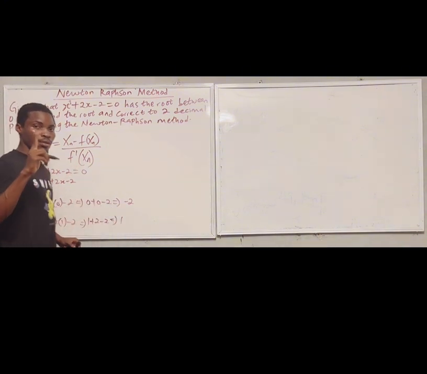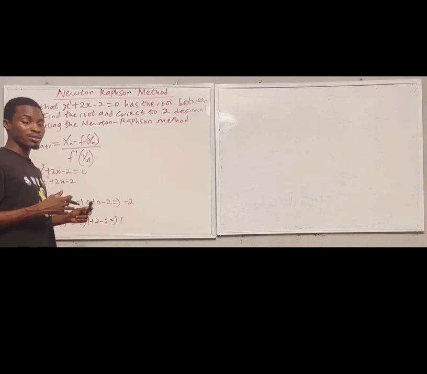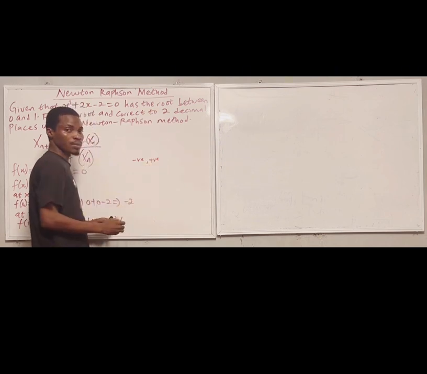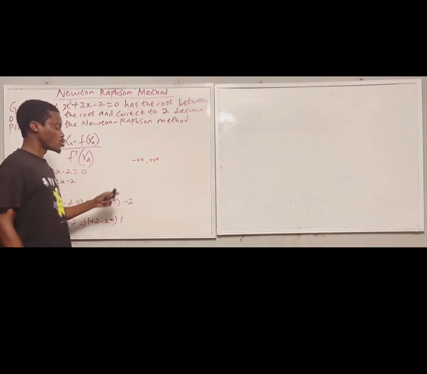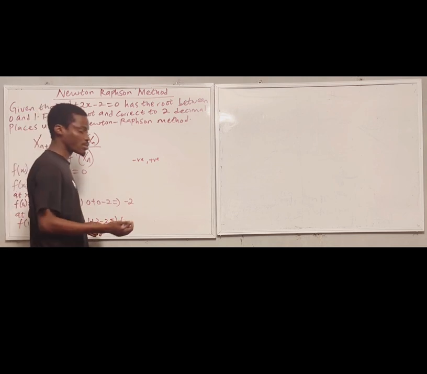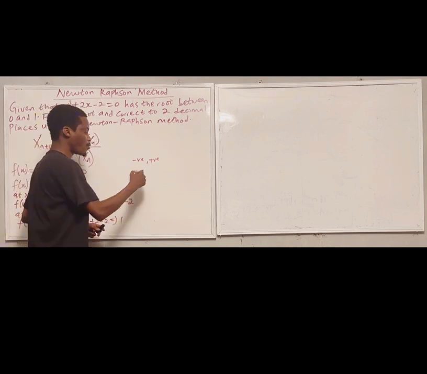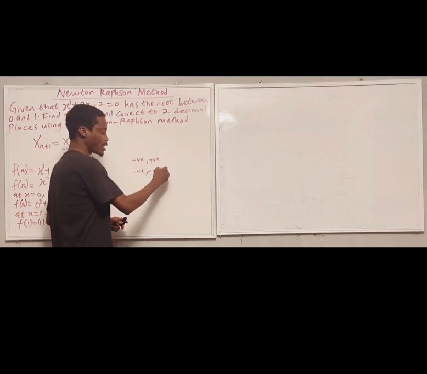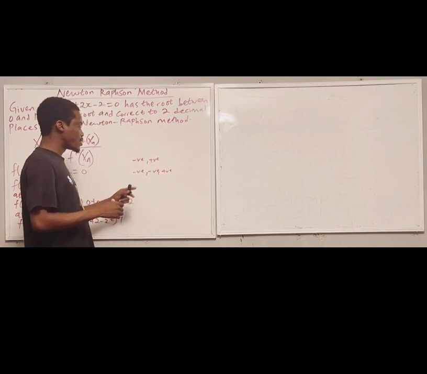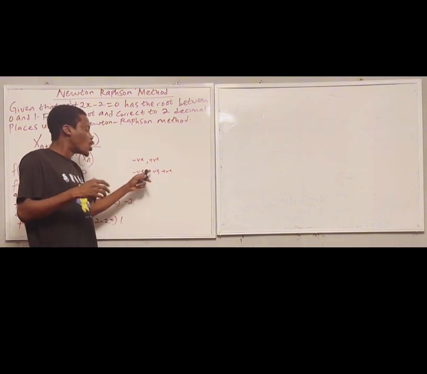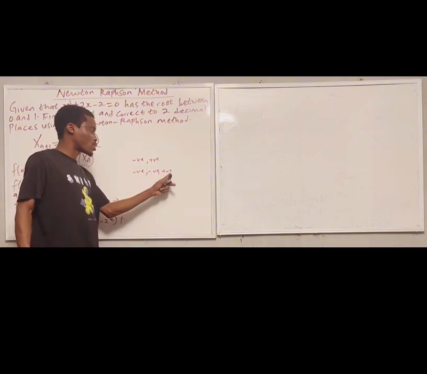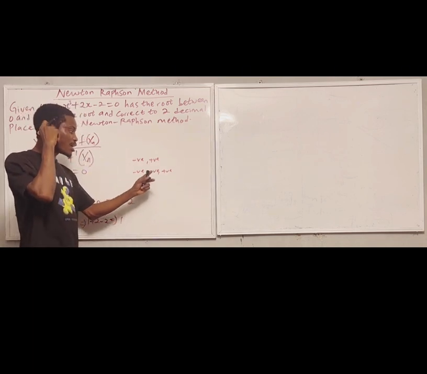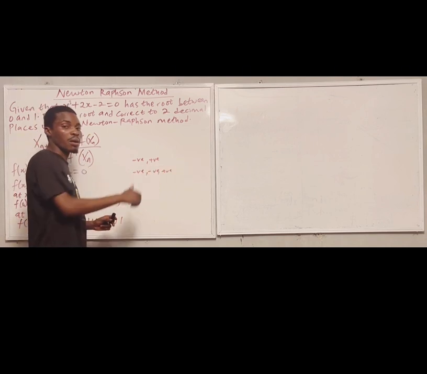So the root lies between negative and positive. Suppose I did f of 0 and I got negative, and f of 1 I got negative as well. If I do f of 2 and I get positive, it means the opposite sign of negative is positive. So the iteration is f of 2 and f of 3, which will be my